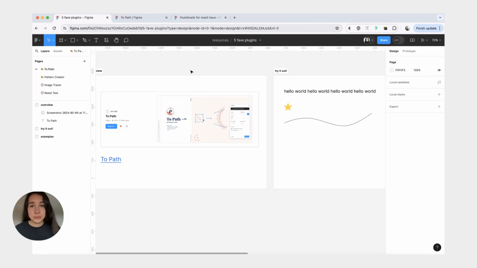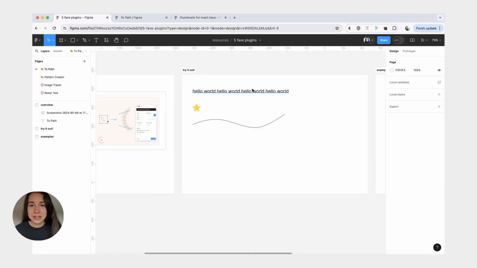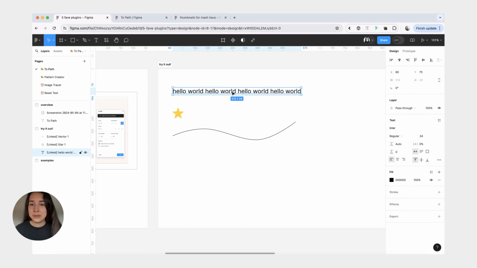My whole experience with Figma has been very focused on design systems and structure and thinking from the perspective of a developer. And this plugin definitely takes me out of that box and it's more creative and fun. So let's try out this plugin. First, I'm going to do it with text, and I made this simple curve that's very reminiscent of what I do for my thumbnail videos.